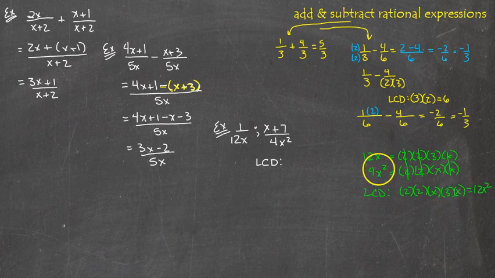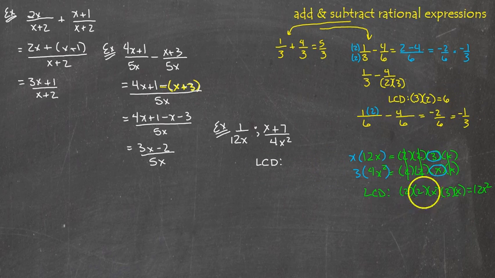And that makes sense, because if I multiply 4x squared by 3, and if I multiply 12x by x, that's the 3 and the x that I need to make these common. I end up with 12x squared in both cases. So that's the work I'm doing. If I use the lowest common denominator